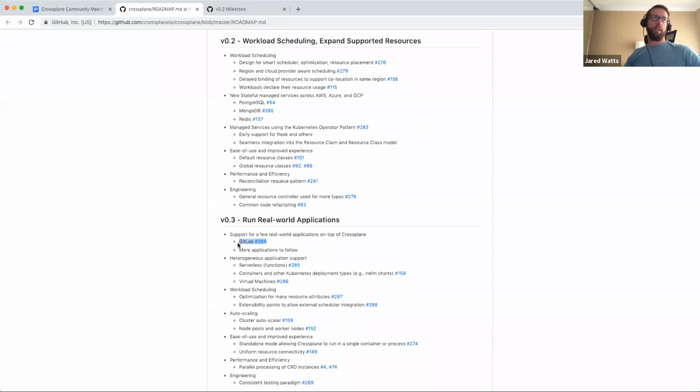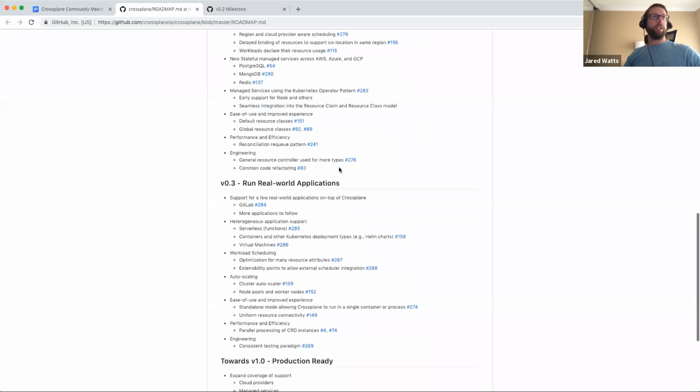So we want to make sure that all of the services that the GitLab deployment depends on are supported across all the cloud provider environments, and be able to bring together the entire complicated GitLab application deployment in the next milestone.